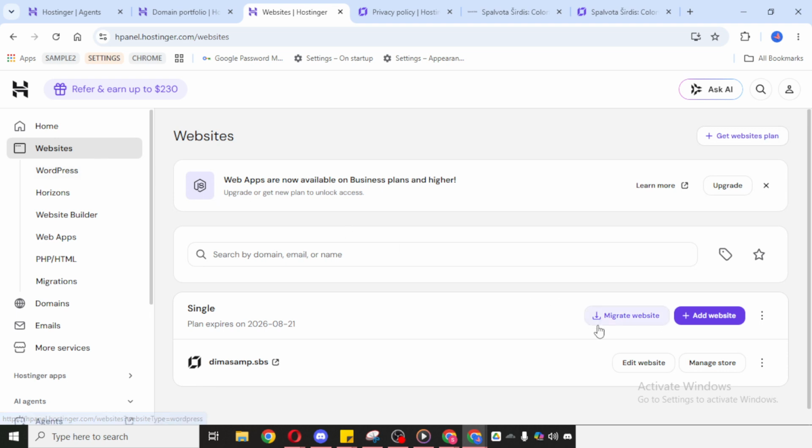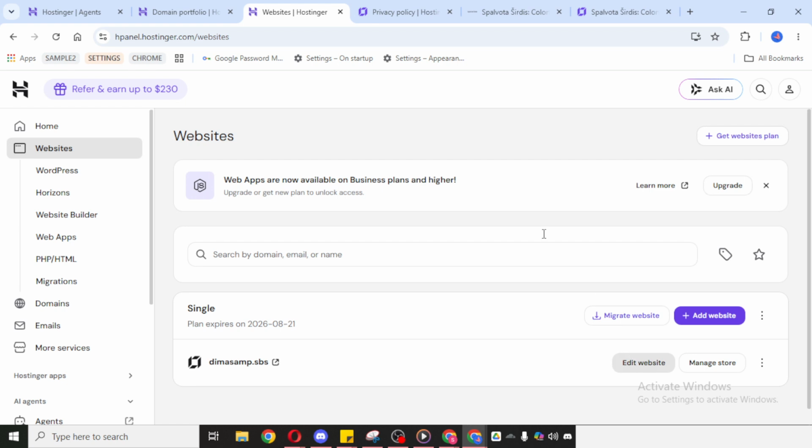This will take you to the section where your site settings and editing options are available. From there, click Edit Website to open the Hosting a Website Builder editor. This is the main workspace where you can visually build and update your website. Give it a moment to load fully so you can clearly see your page layout and editing tools.